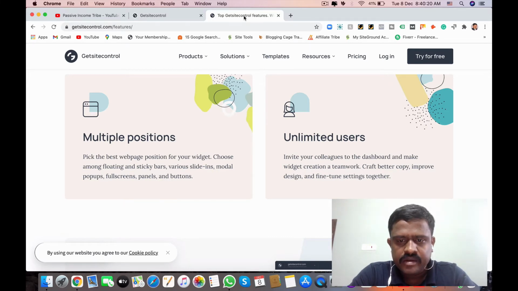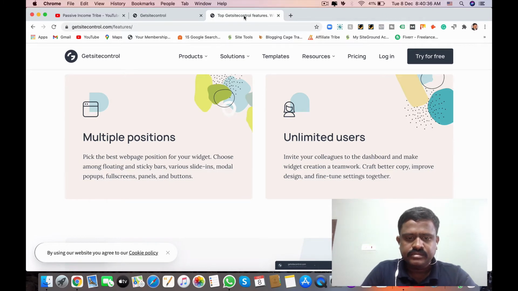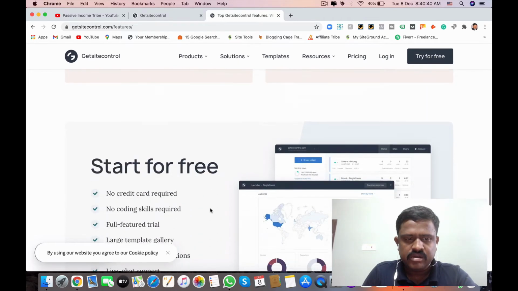You can invite your colleagues into the dashboard and make widget creation a teamwork, and we can launch the pop-ups in the widget control. So these are all the features we have in Get Site Control.